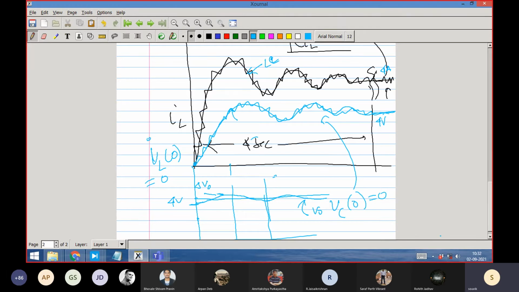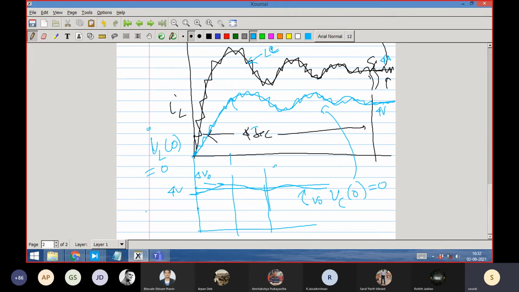This is steady state. It will be very little ripple, and they come back here and here. There will be some delta V naught going up and coming back. And how much is that? We'll calculate. Wait a little bit, because that is how a power supply capacitor has to be chosen. You really understand that now. This is the back way.